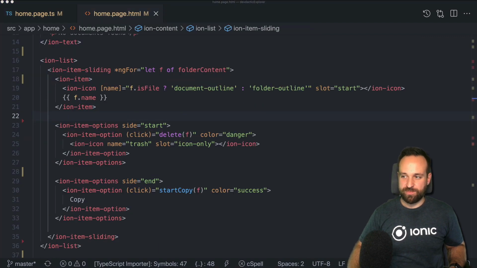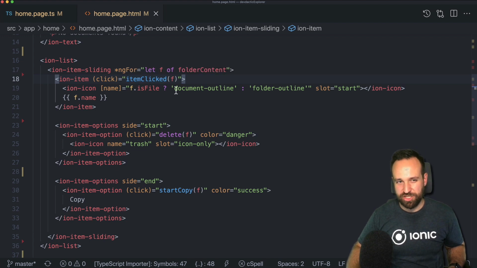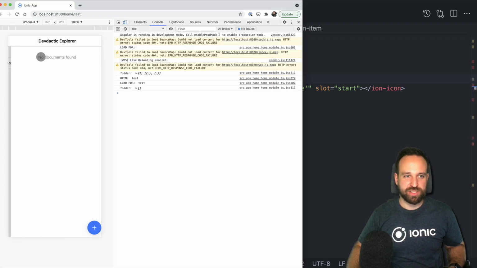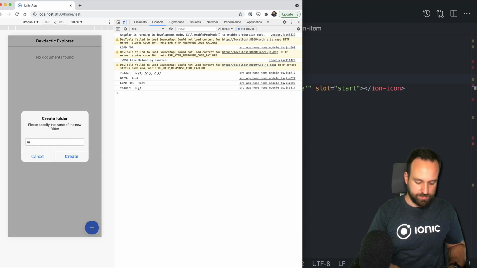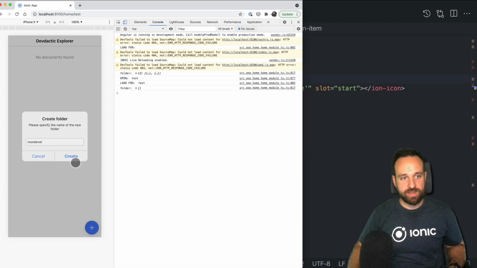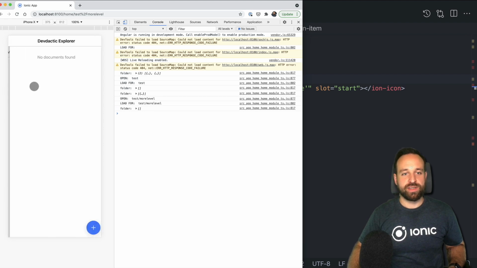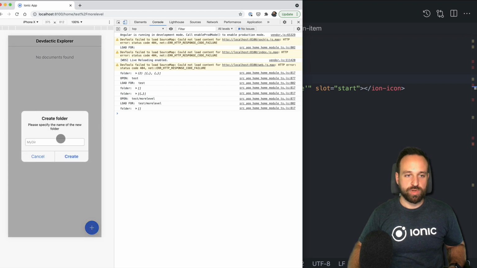So let's go back, and for the Ion item, not the sliding, make sure you put it onto the Ion item, you add the item clicked function. And now we should be able to dive into that folder. So open test, load for test, and we see this. Let's add a few more levels. So we have a new folder in here, and then we're at a new level, and let's add one more,